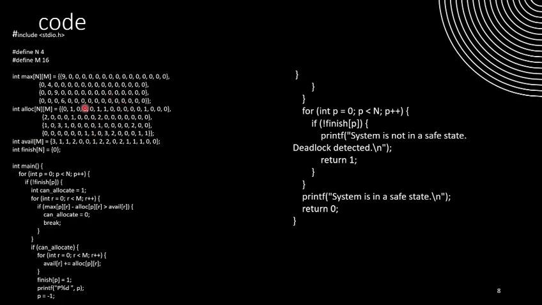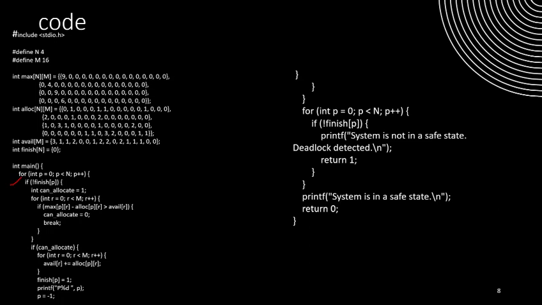Allocation, which is also an array data type, and there are some elements also, and available and finished. These are all array data types, so you understand the data types. Now in the main, we use the logic. What is basically the logic in the main function? We use the for loop for this,